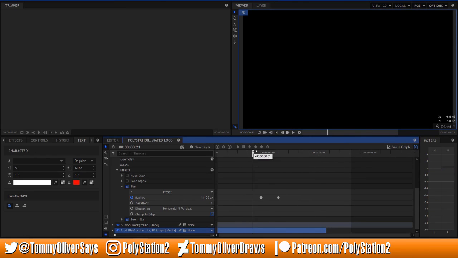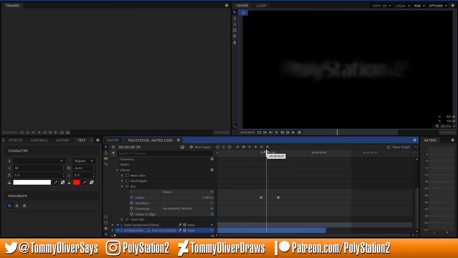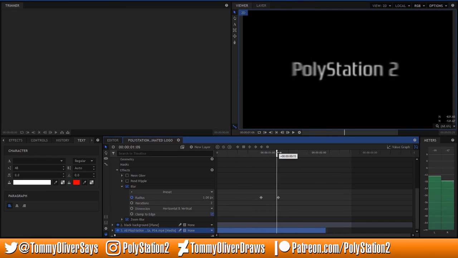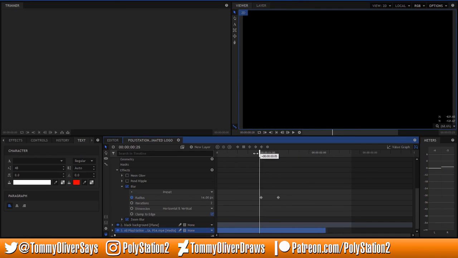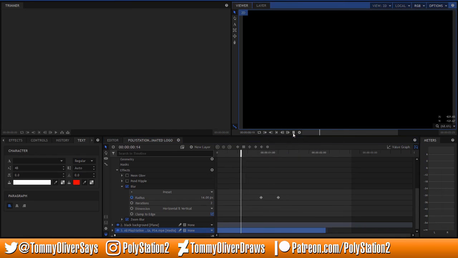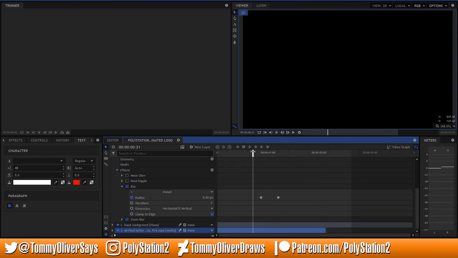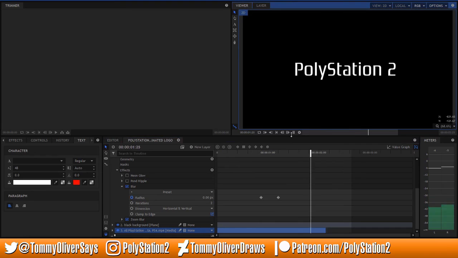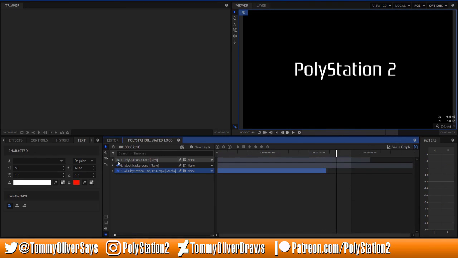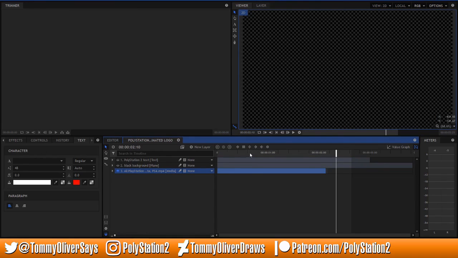So you can see the blur starts bigger and kind of condenses into the center. So now we're getting really close. Now we got something really nice going on here. But we can go further, because the secret sauce really of this entire effect is the way it kind of